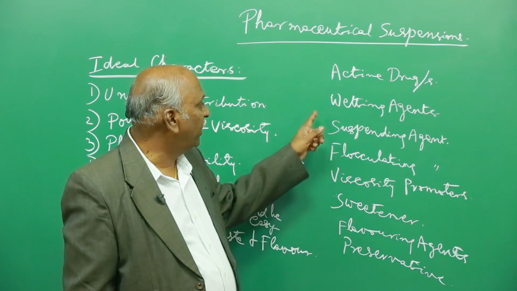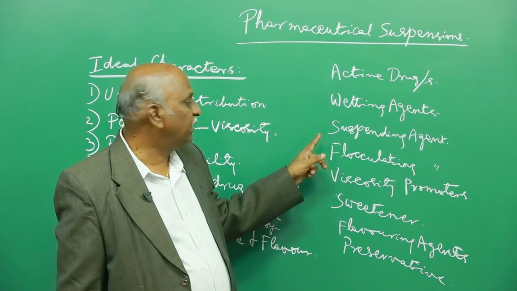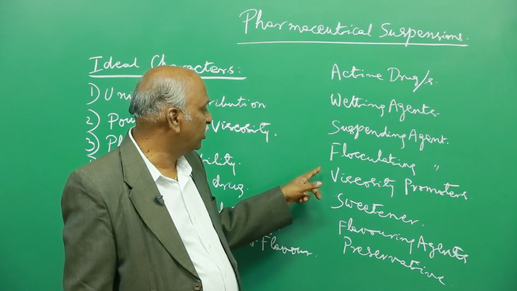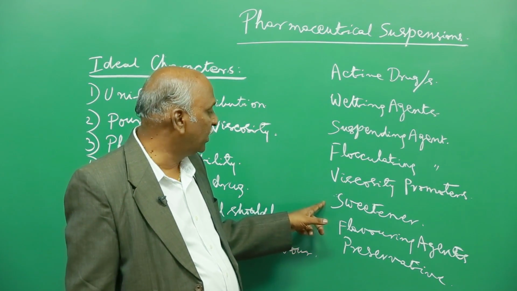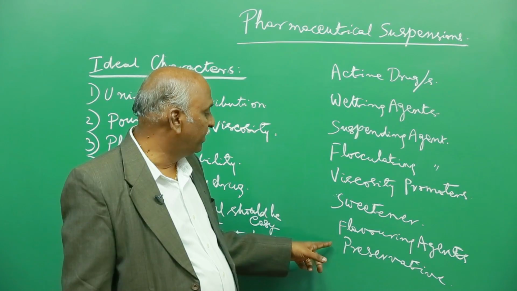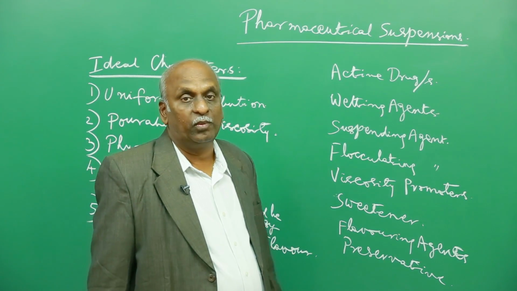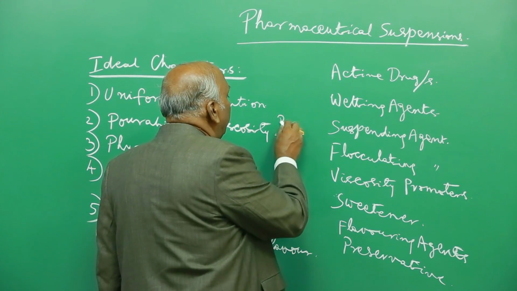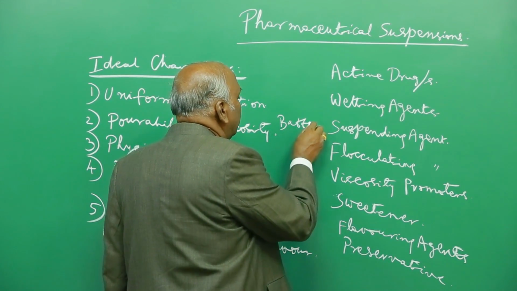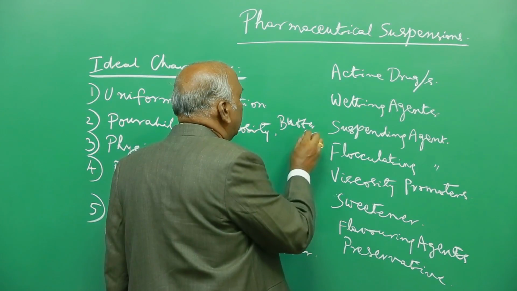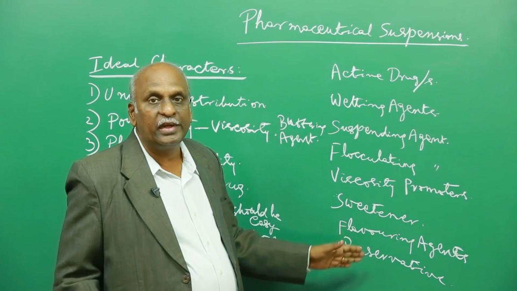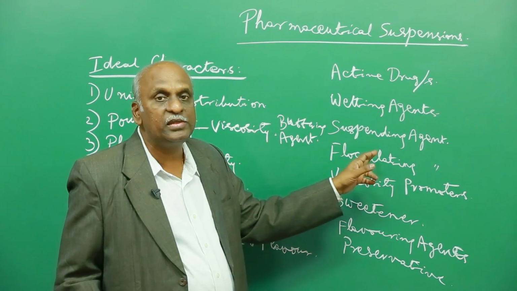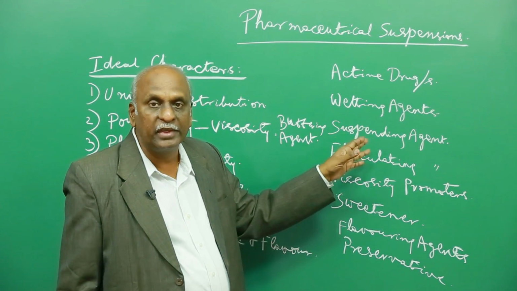suspension. We require a wetting agent, we require a suspending agent, we require a flocculating agent, if it is going to be a flocculated suspension. We require a viscosity promoter, we require a sweetener, a flavoring agent, and a preservative agent. Apart from this, there may be a requirement of the addition of buffers or buffering agents. We have a list of ingredients which are going to be required. Now let us try to see what is the use of each of these ingredients and have one example for